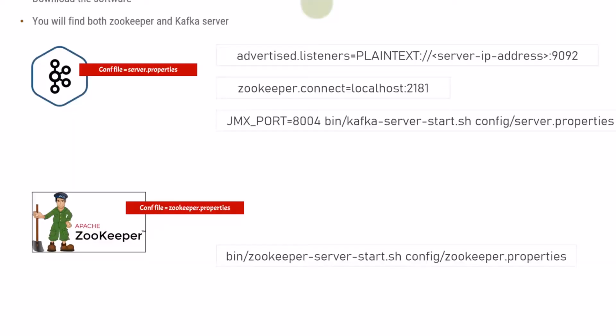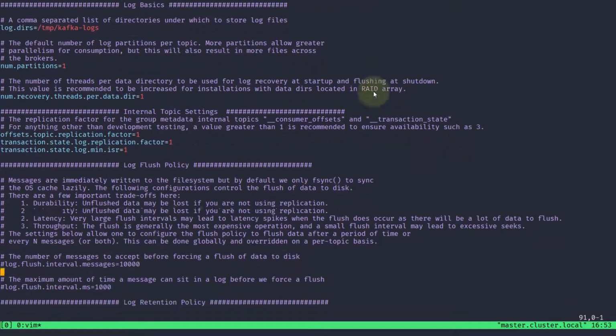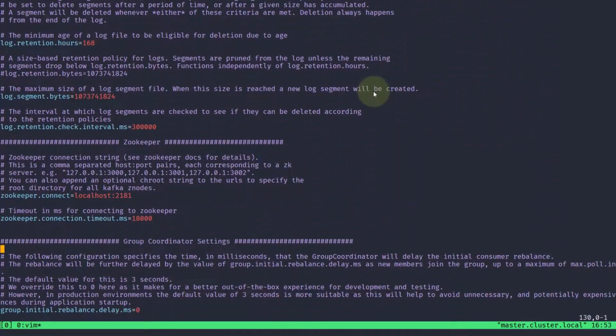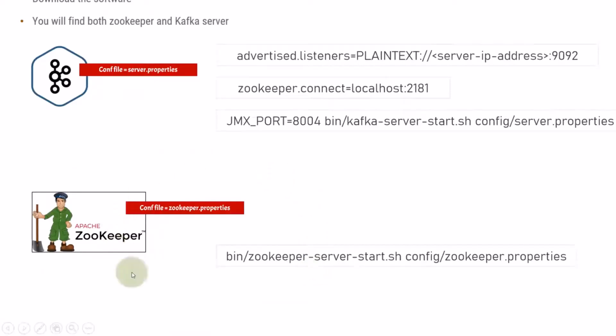Now this configuration has been done. After that, you need to write the zookeeper.connect. So I will search here for zookeeper.connect, and if I go down, there is zookeeper.connect. As I'll be installing Zookeeper on the local environment only, I can just provide localhost:2181, or I can also provide the IP address. So I'll just use the IP address, 192.168.0.10. So this is my IP address. I'll save this file. Once this configuration is done, I don't need to change any configuration related to Zookeeper for this series. So basically both the configurations are perfect.